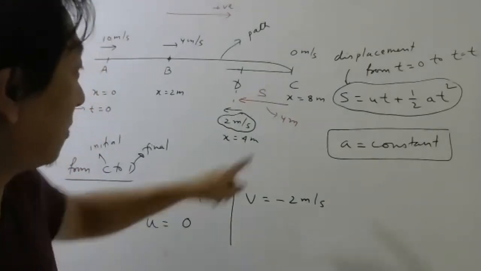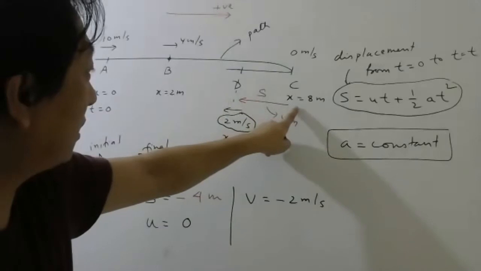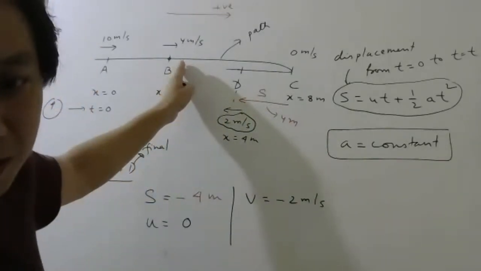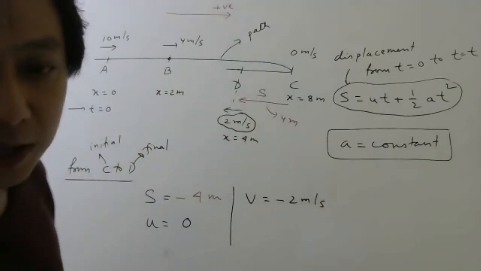Okay. So displacement from here to here, this is 8, this is 4. Actually 4 should be somewhere here. In the diagram, it may not look like that. Gagandeep, what happened?